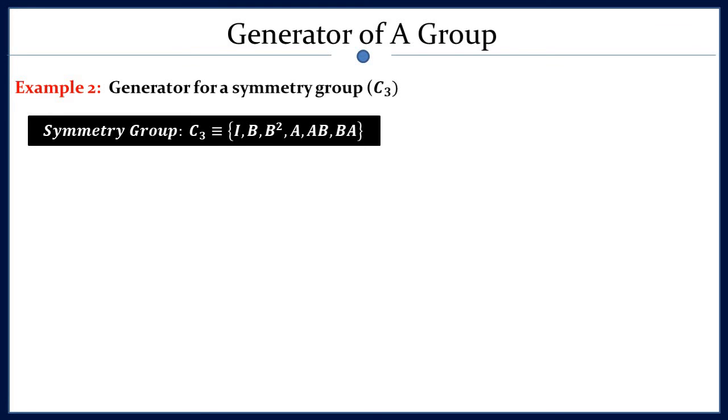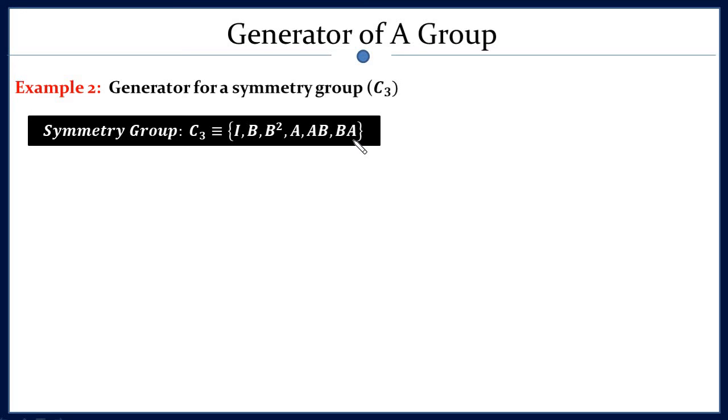If the generator of the group generates more elements, then you can be sure that other elements exist, and then just by looking at the theory of this group you can repeat your experiment and try to find the other elements which you haven't found so far. Let's see this example. The symmetry group from the last lecture contains 6 elements: I, B, B square, A, AB, BA, where I, B, B square are the rotations by 360, 120 and 240 degrees. A, AB and BA are the reflections about 3 lines.